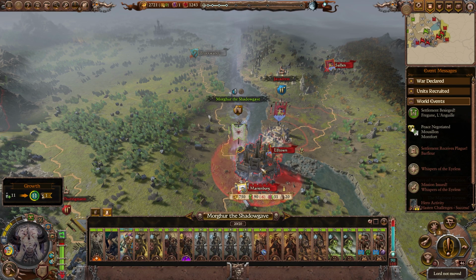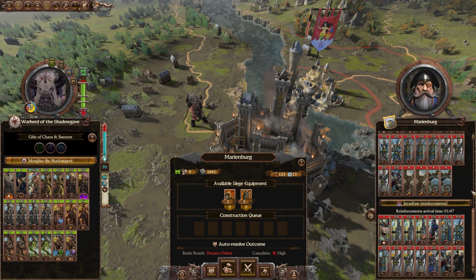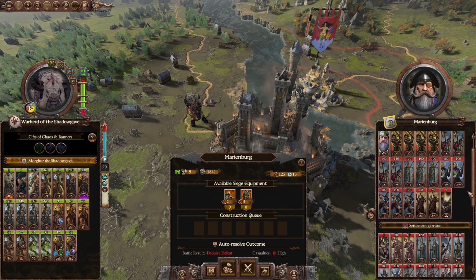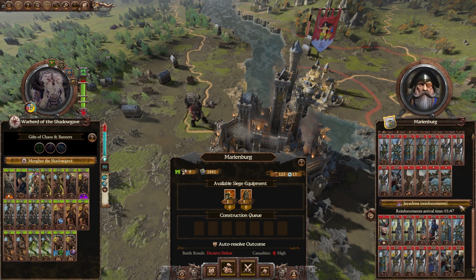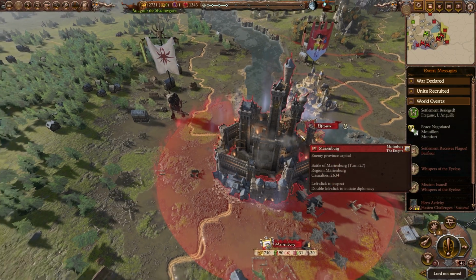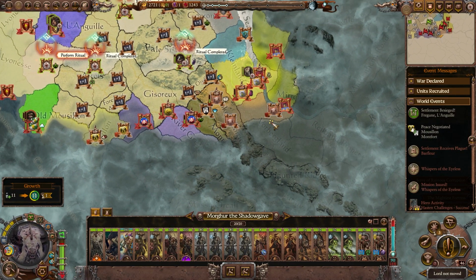We're going to move in, regardless of any kind of siege towers. Oh, really? They're close enough they get two settlement garrisons to defend? Well, that's not going to work out. Well, now that I know, Marienburg is very well defended. Okay, guys. Fair play. What we're going to do instead...